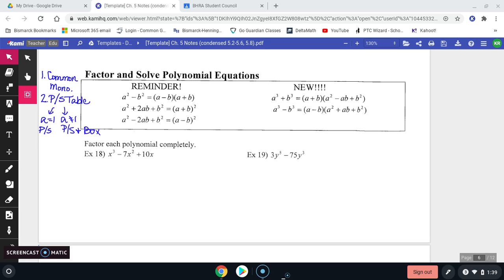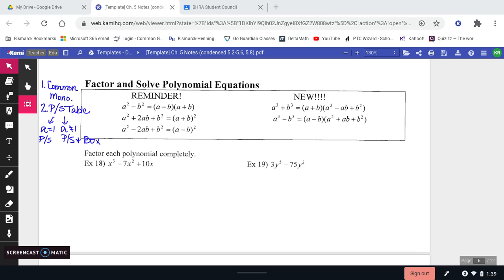All right, last week we were talking about adding, subtracting, and we did some multiplying with polynomials. This week we're going to be factoring. So just kind of a quick review over your factoring rules. First thing, always look for that common monomial factor. Then you can look for patterns. I forgot to write that down, but if it's a pattern, something you recognize, you can use the pattern to